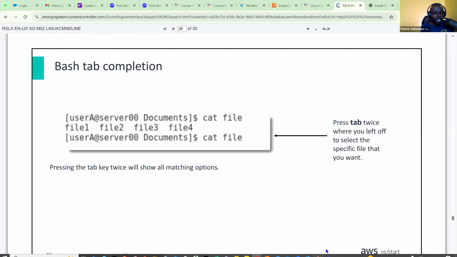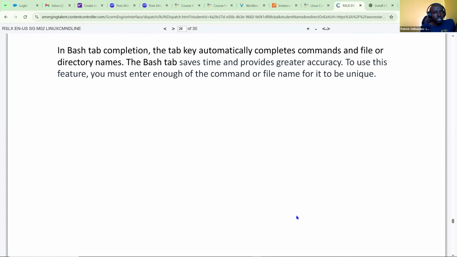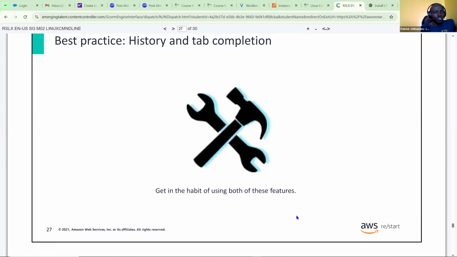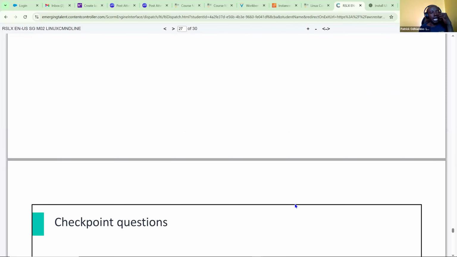Let us try that one. Actually, it's the same thing that I showed you. There is a lot there. Bash practice: history and tab completion. For history and tab completion, best practices include the following: develop the habit of using both these features to make usage of the command line faster. Use the features of Bash to work smarter, not harder.